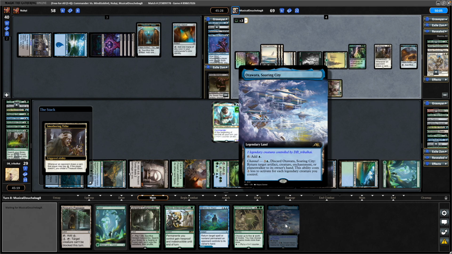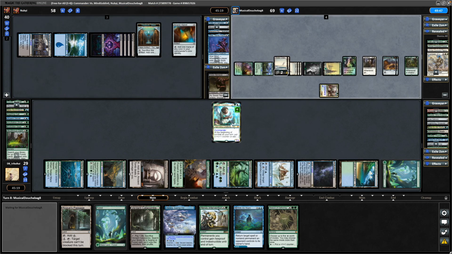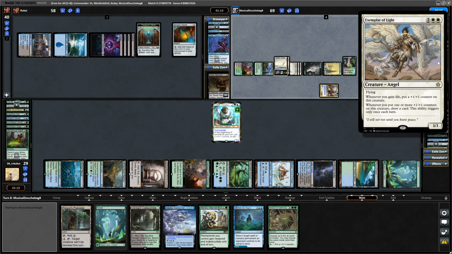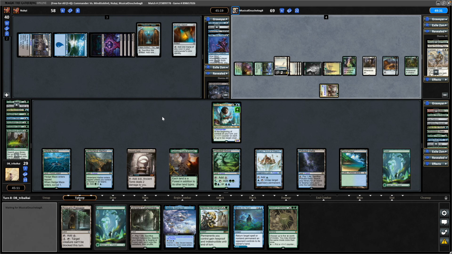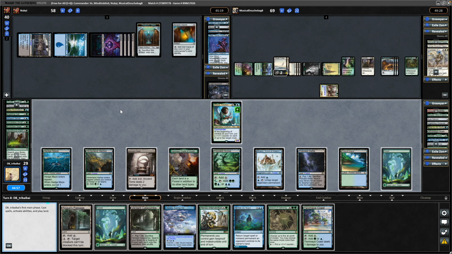We draw into yet another land, Otawara, getting completely flooded this game. And we saw previously revealed to us the Path of Discovery as well, so that enters play. Revealed to Selvala, by the way, the Exemplar of Light. And we see a Crypt Incursion over here. So we don't want to see a land, please. But of course, that's exactly what we draw into. So in that case, let's go through to...